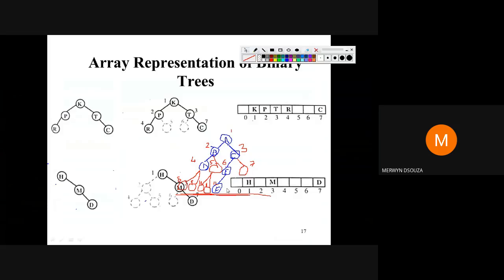Okay. So I hope you have understood. So this is the way you should have got the answer for your history. So let's proceed then. The next type of representation is your